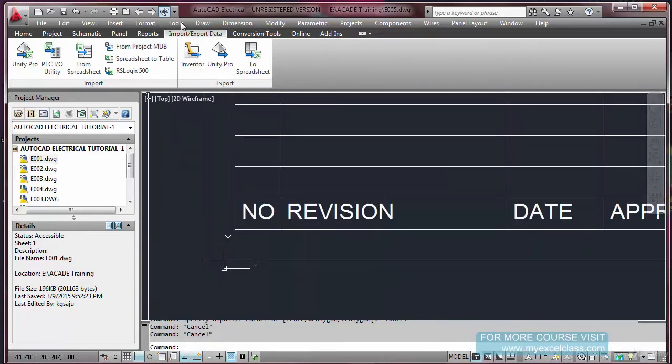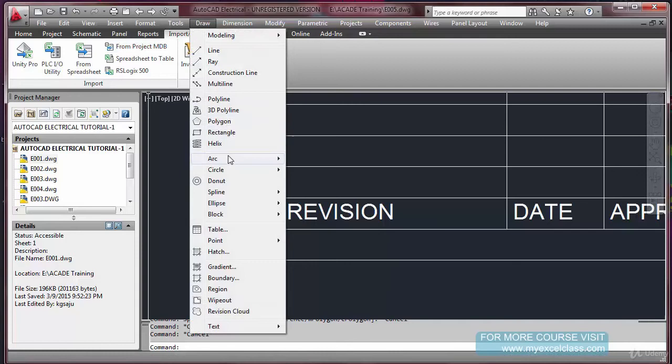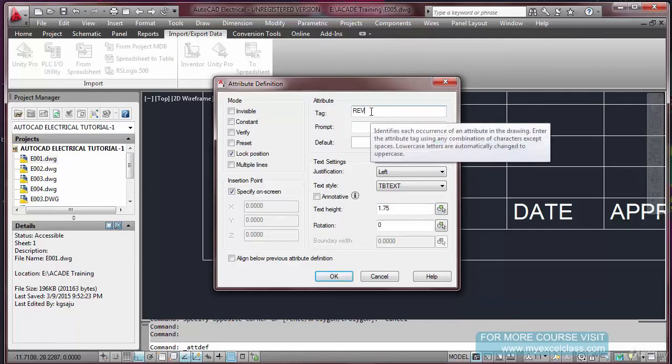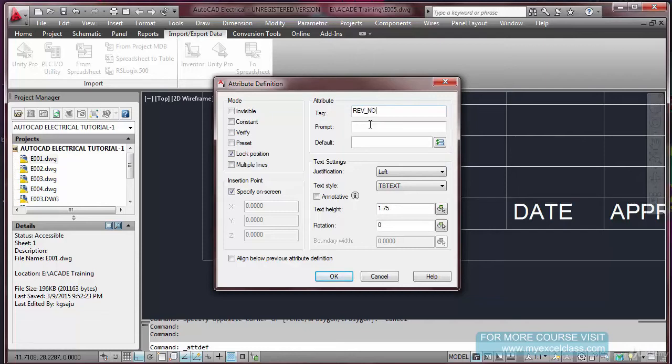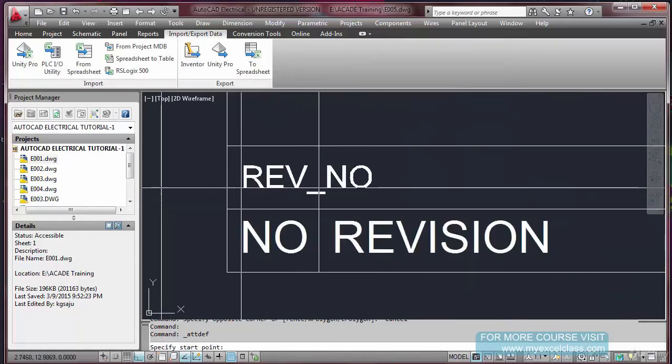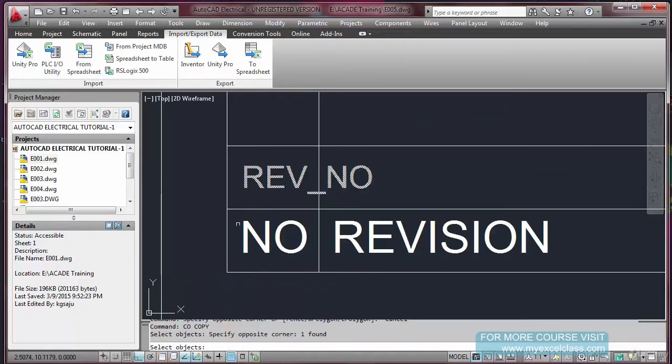Revision. I will put one revision here. Draw, Block, Define Attributes. 1.75 left. Revision number. I'm going to keep it here. Copy, base point this one.